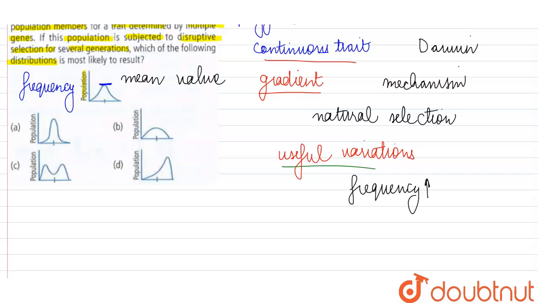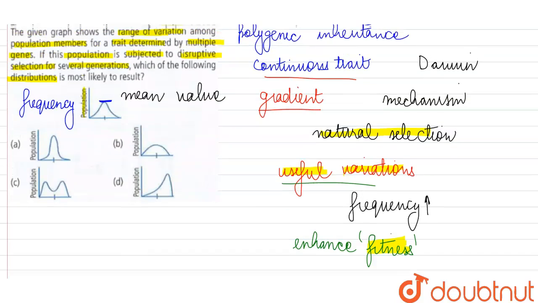So Darwin says the useful variations which will increase the chances of survival or which will help the organism to adapt in its habitat, which will enhance its fitness, these are preferred by nature, and such individuals will increase in frequency. But obviously, the definition of fitness is not the same for every population or for every habitat. There are different types of traits which are going to be useful to some organisms and they are going to be useless or detrimental for the other organisms. So, the distribution of these variations is not always the same after natural selection, and here they are saying that